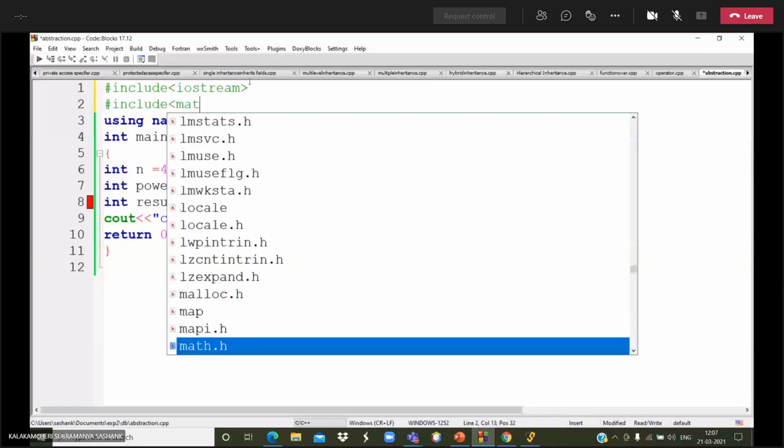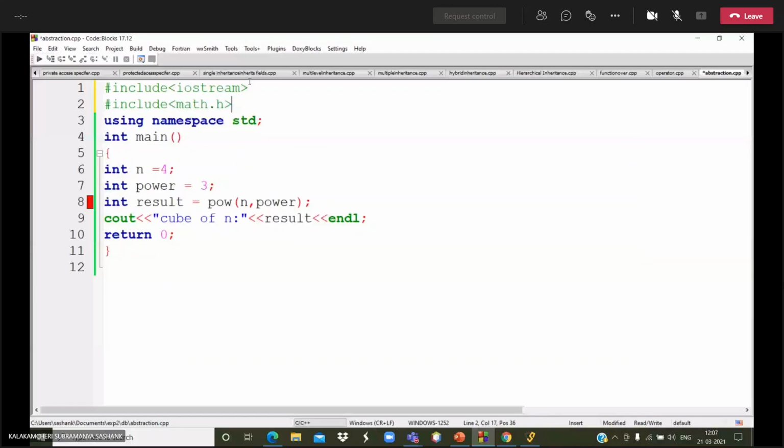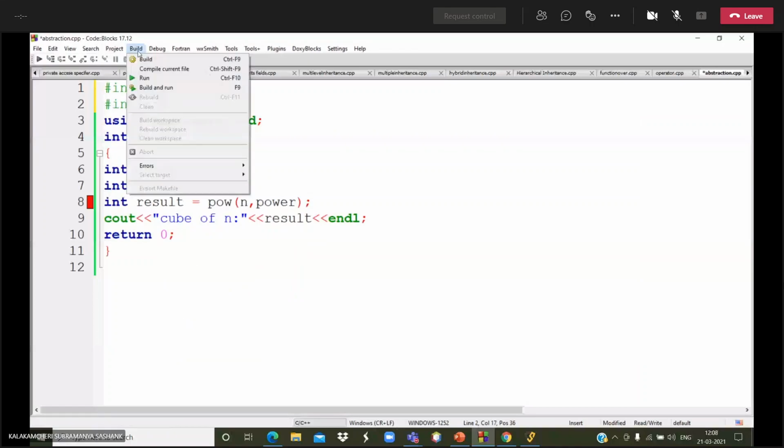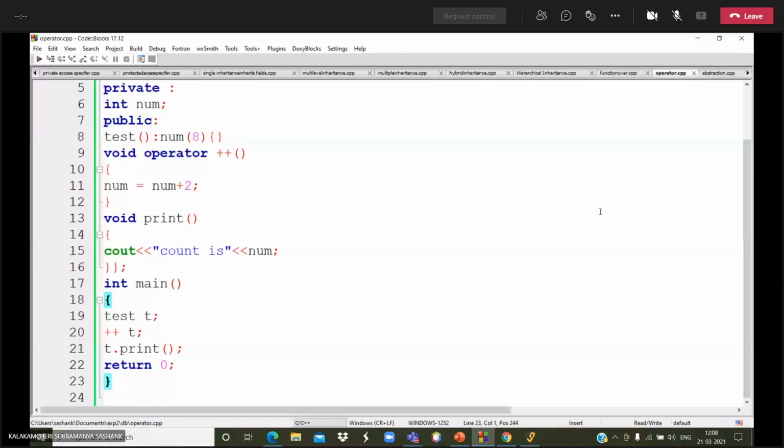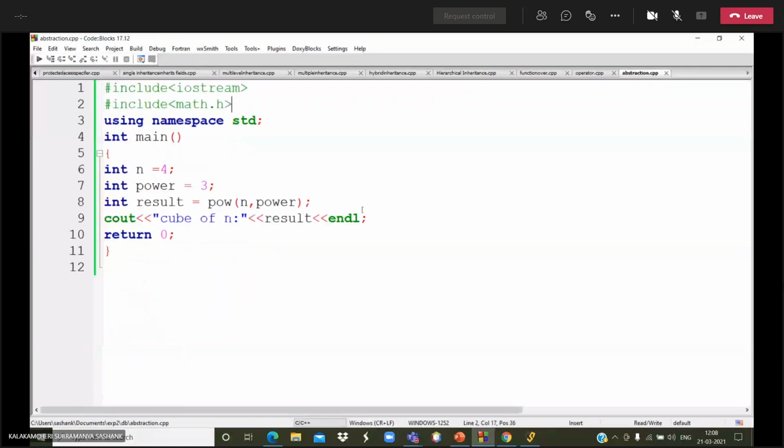See, now again I am running that program. Now this is known as abstraction. I mean here I am abstracting the data. It is comfortable with abstraction, because the operation we want to do is performed only within this function. So it is abstraction using classes. Then how to abstract?